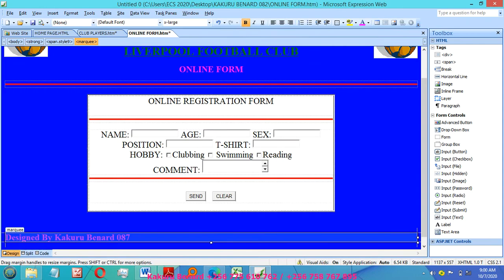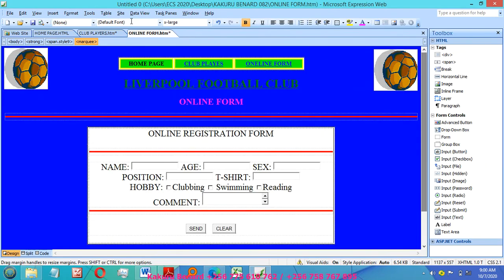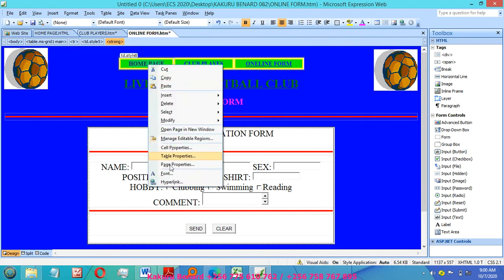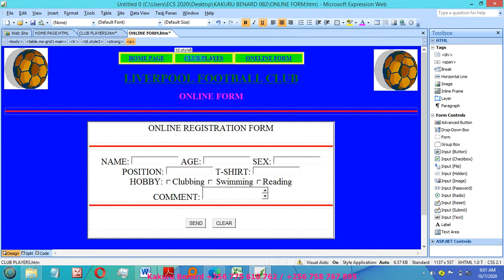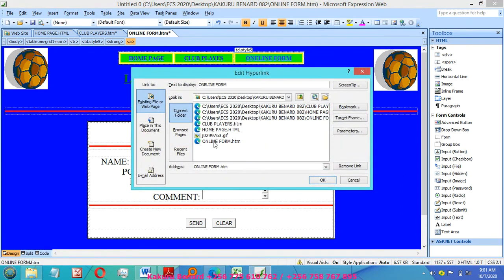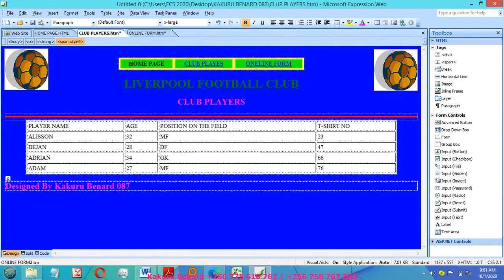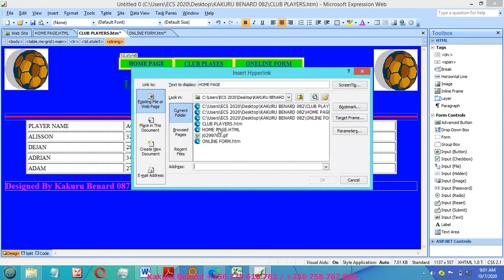And so we are going to do finally hyperlink your pages. So this table that we had to put on our pages, for example here, you are going to highlight this, right click, hyperlink, you choose existing, you choose home page, you highlight Club Players, right click, hyperlink properties, Club Players, select online form, right click, hyperlink properties, online form, go to Club Players, do the same, home page, hyperlink, home page,